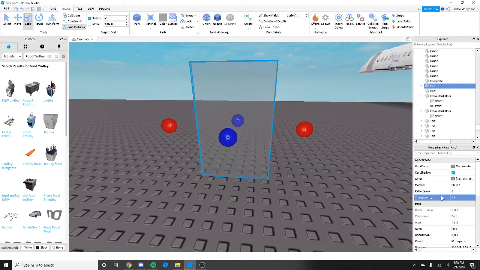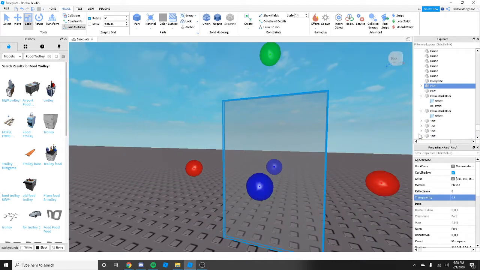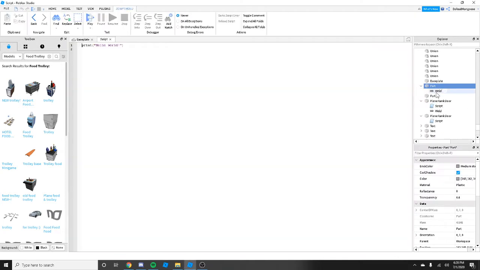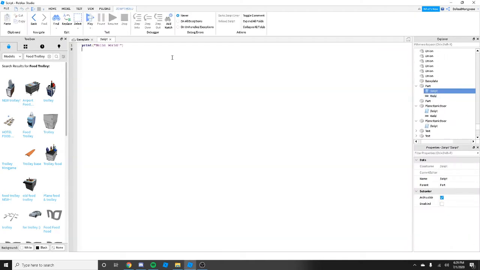But for me, I'm just going to do it that way. This is going to be pretty simple and easy. You're going to put a script into it. It's okay if there's a weld in it, don't worry about that. Alright? So, we want a group ID, right? Yeah. So,